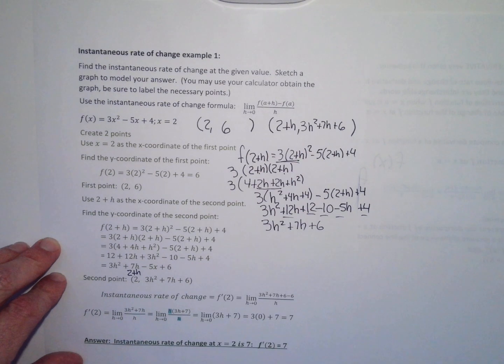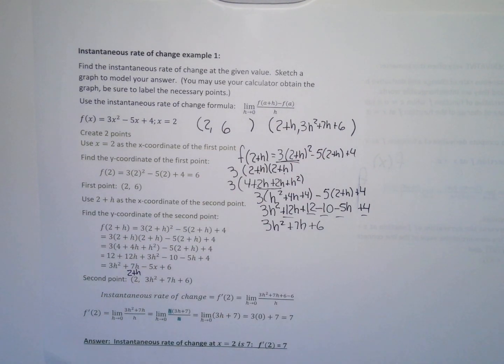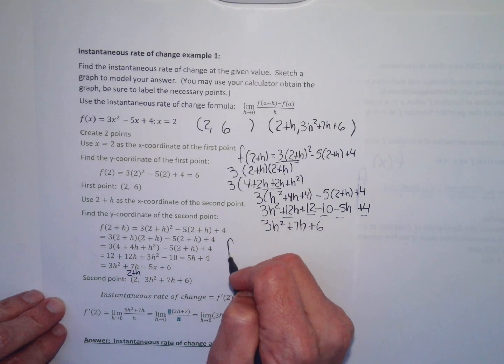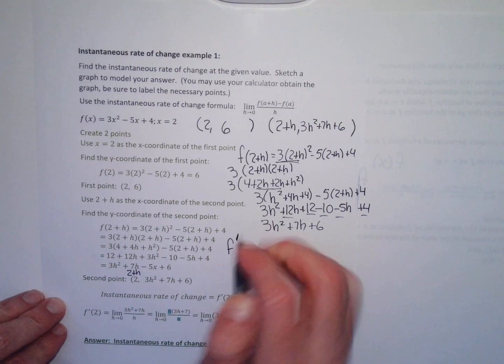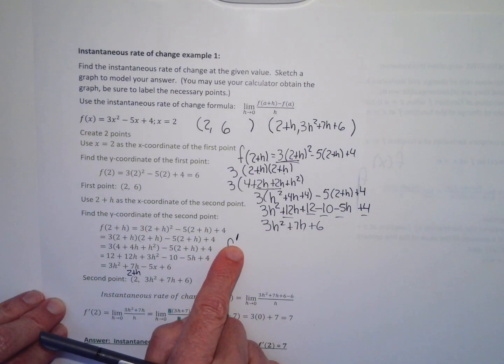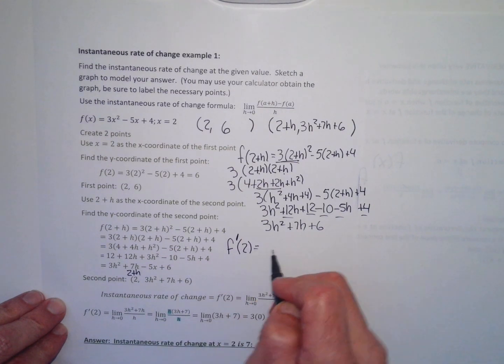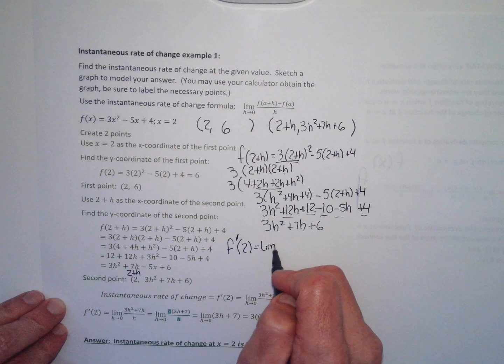So now let me find that instantaneous rate of change by simply finding the slope. This is the formula for instantaneous rate of change, the function name with a little prime. The instantaneous rate of change, or the derivative, when x equals 2, is the limit as h